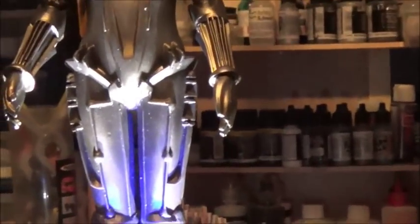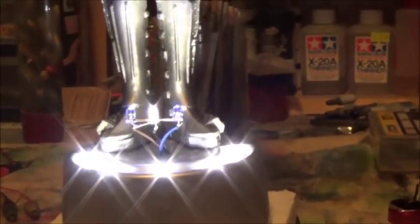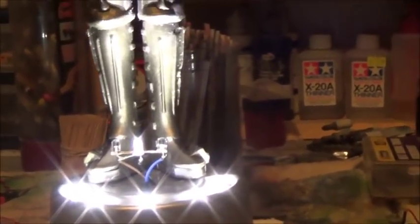And then in my scouring, I came across this, which is an old beer sign. Basically, it used to have a mock-up of a bottle of Coors on it. And it was a beer light, and these blue lights came on and faded in and out to show you that it was cold. Big deal. Well, I've had that forever, and thought perhaps this would be a good chance to use it on